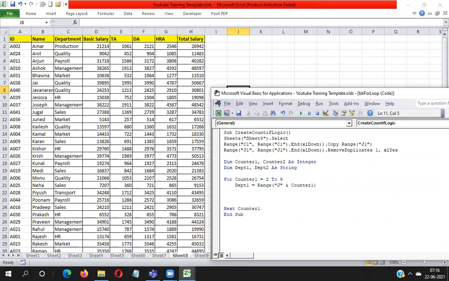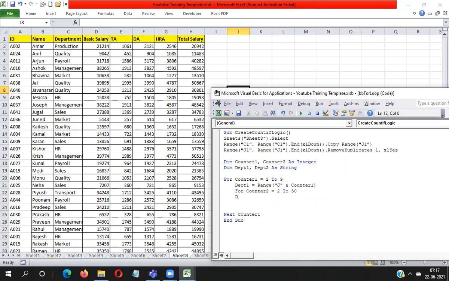Then I start the second For loop: counter2 equal to, how much data is available in this data set? 50. So I write 2 to 50.